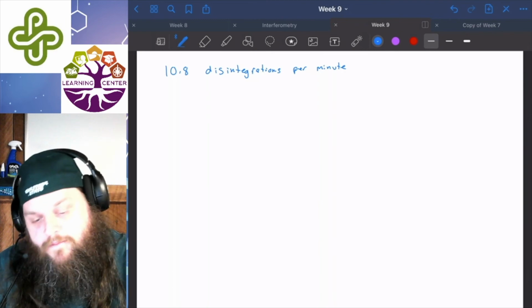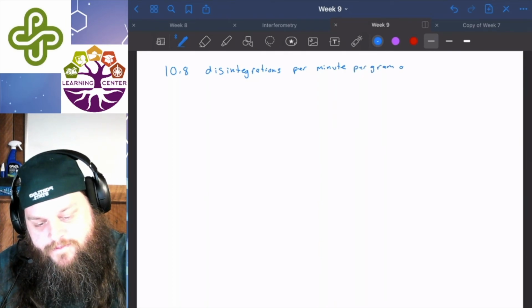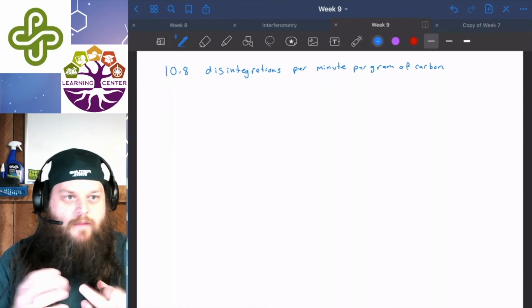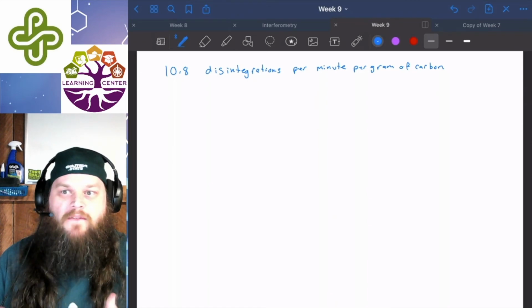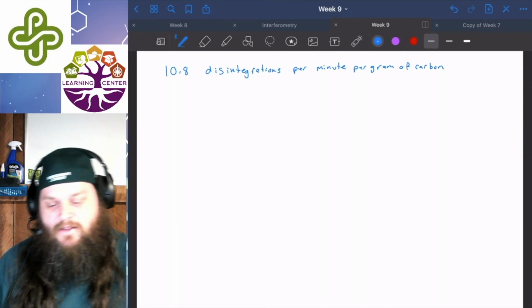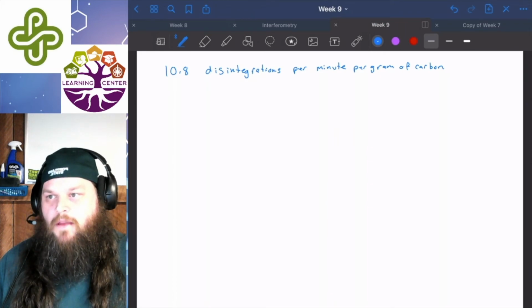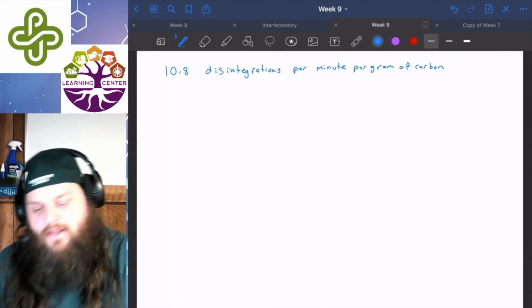Per gram of carbon. This is what we have today. We have this in our hands, well, in a laboratory, in little tweezers, keeping it very safe because it's probably fairly fragile. But we have that today, and we can test to see that it's 10.8 disintegrations per minute per gram of carbon. And we know that the initial activity